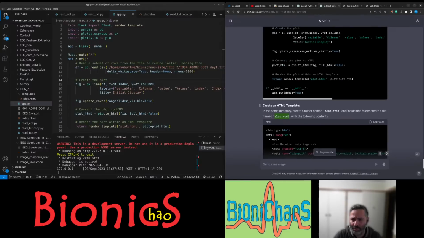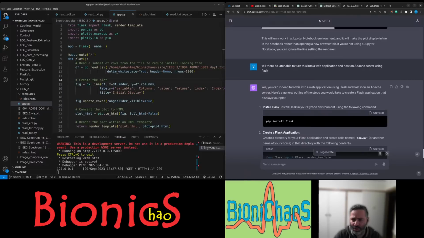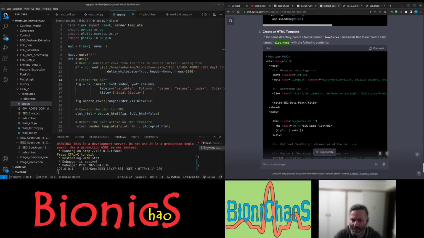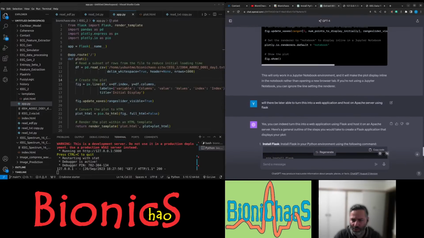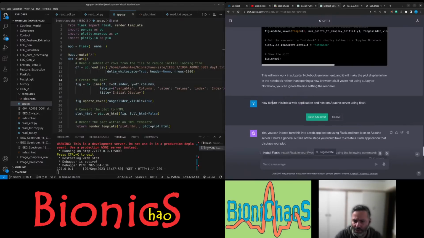And let's actually just change this from how to turn this into a web application using Flask. Get the Apache server for now.